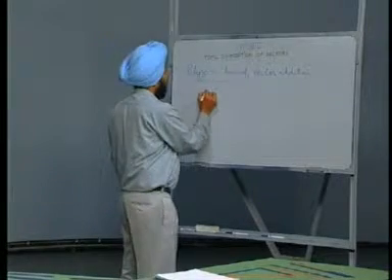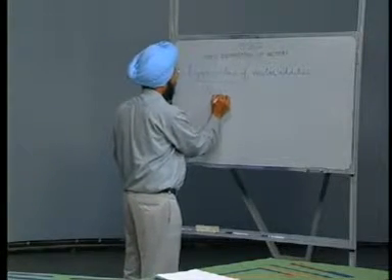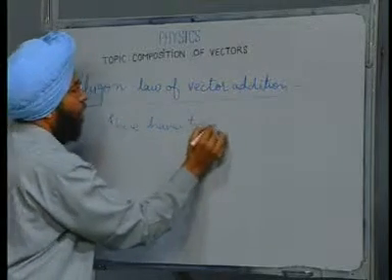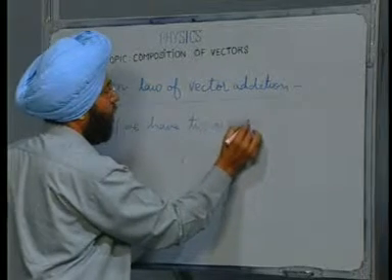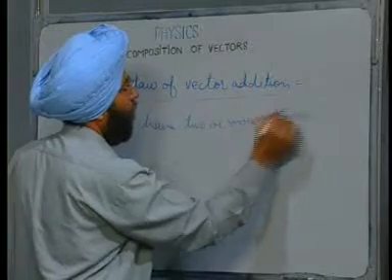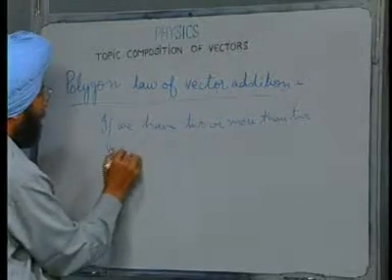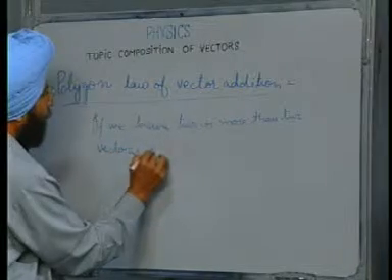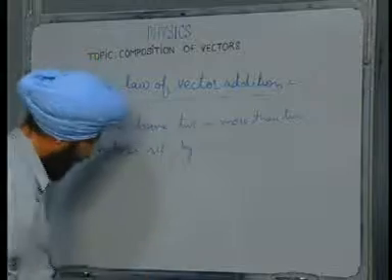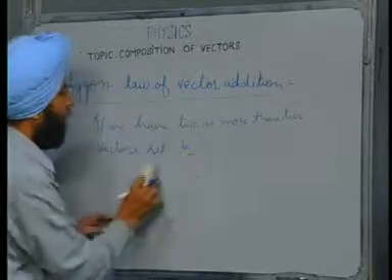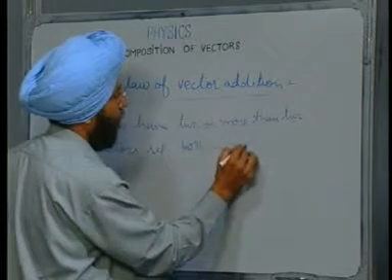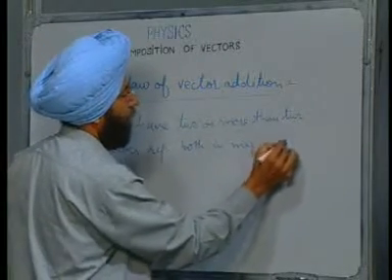If we have two or more than two vectors represented both in magnitude and direction